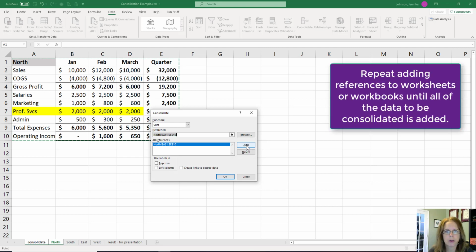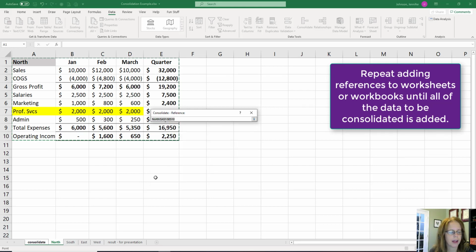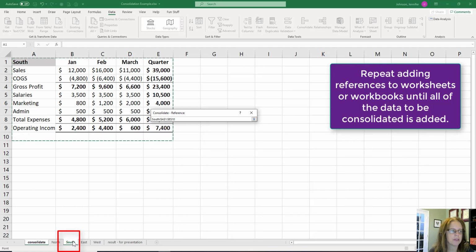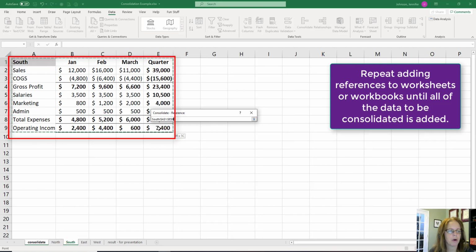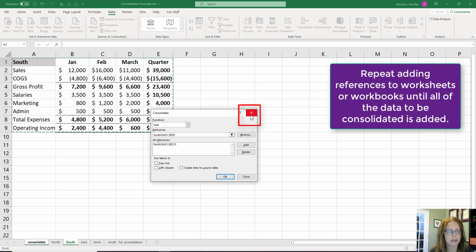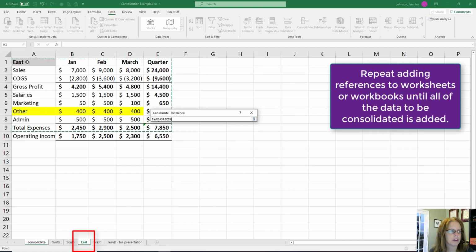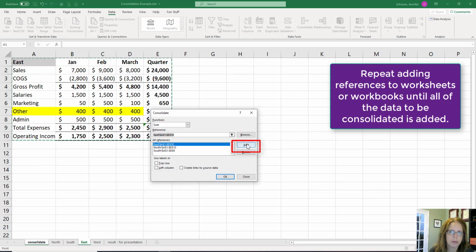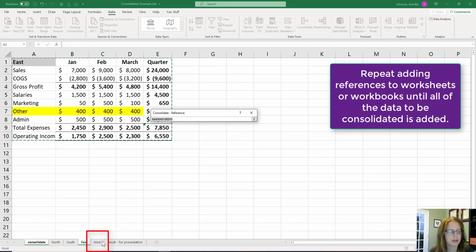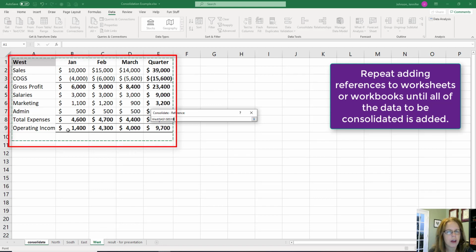I'm going to repeat this 3 more times for each of my different worksheets. I'm going to select my reference area, select my South division, choose the data that I want to select in the South division and close my function. Choose Add to bring the South division in. Again, I'll do this now for the East division. Select my reference, select my East worksheet, select all of my data, close the reference, and add that to my consolidation. And finally, on my last reference, I'll select the reference option, choose the West worksheet,